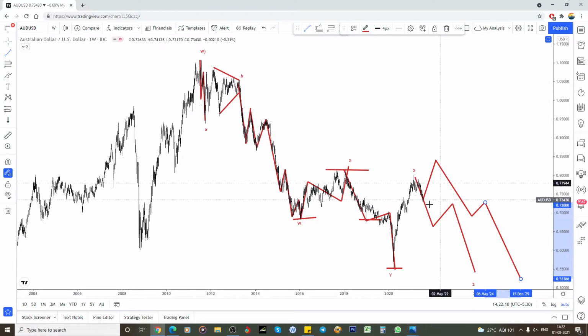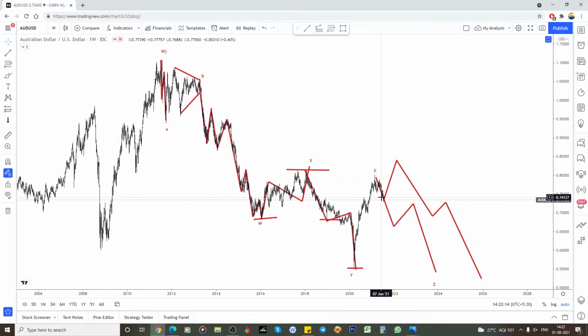So why I'm thinking of the possibility like this, even though if it goes high, that will become an expanded flat. For this, X will go here. So for this ABC, this is the X part, one more ABC is possible to break this low. So this is also possible. If it did like this, we have marked it as a Z, and again if it breaks the high and if it comes to the downside, we mark this as X wave.